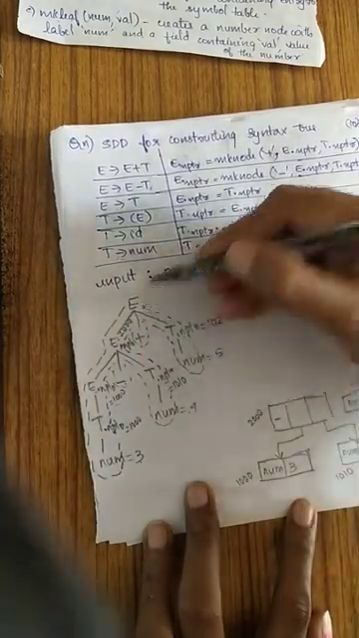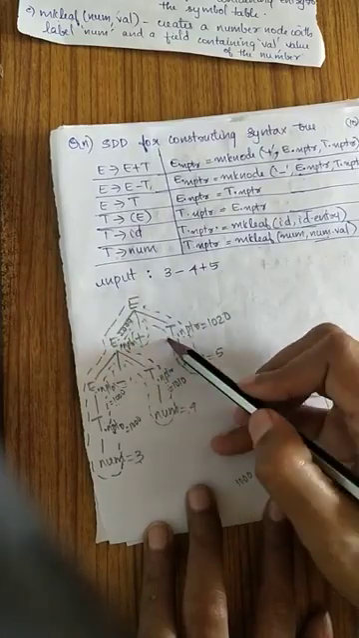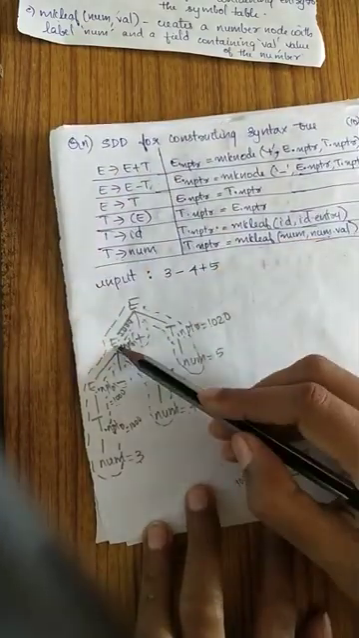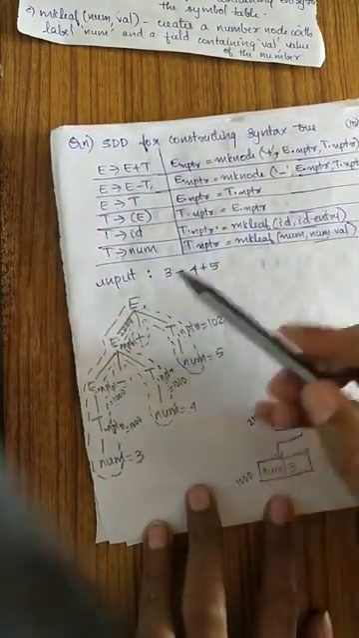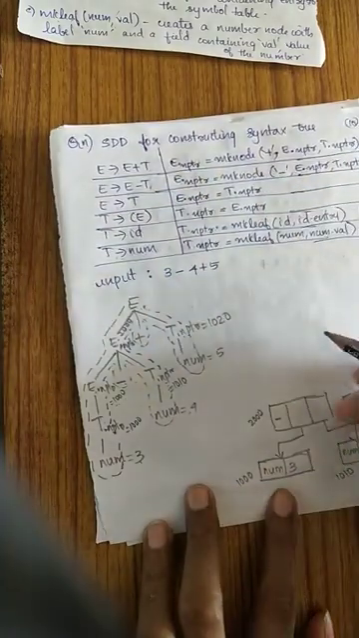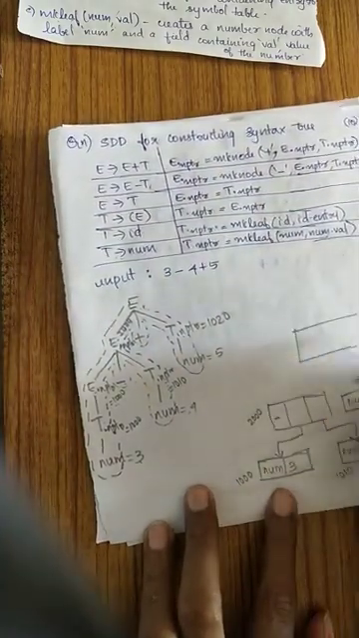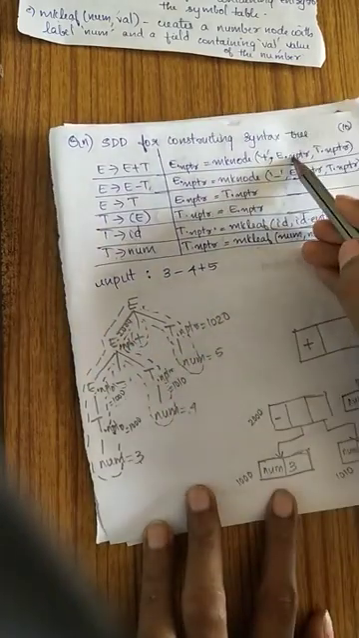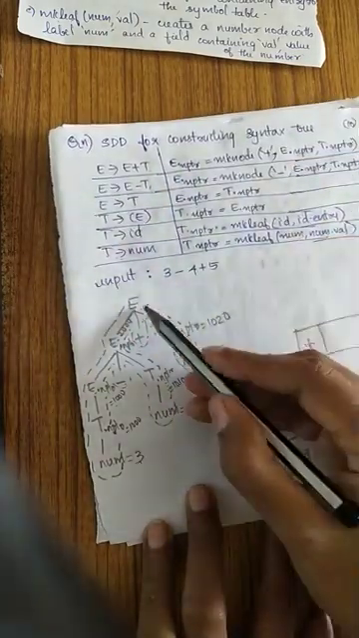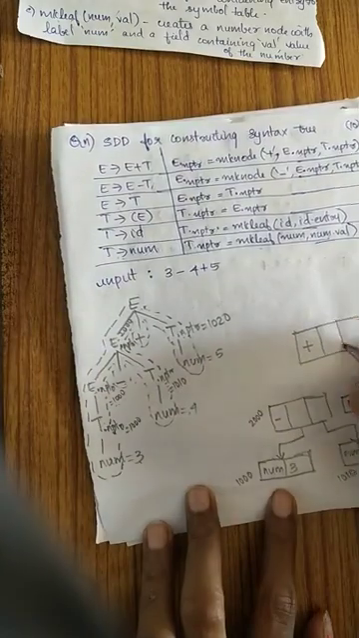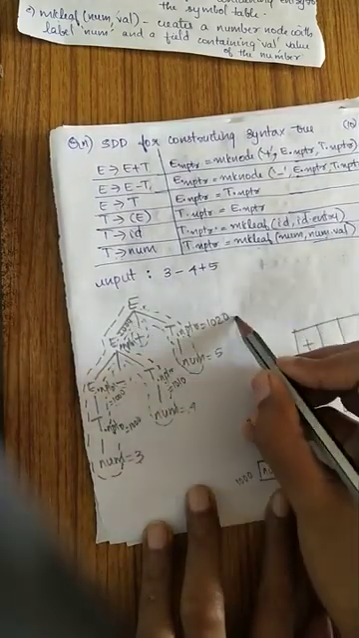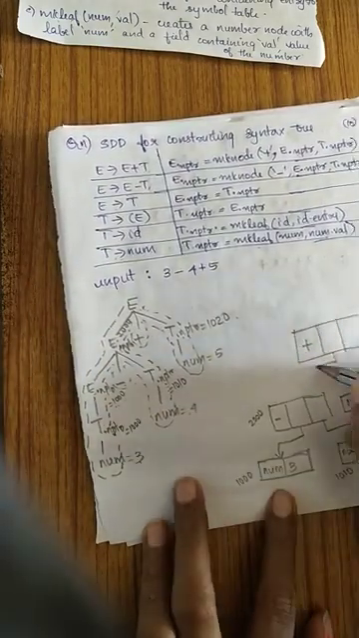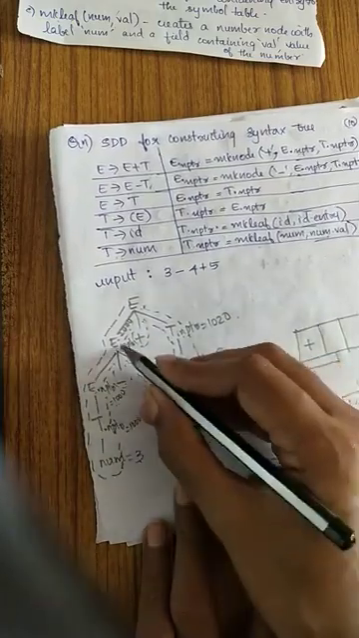Now I reached here. So E derives E plus T, which means that E plus T is reduced to capital E. So I have to make another node with plus and with E pointer and T pointer. What is the E pointer? 2000, and the T pointer is 1020. So the left child will point to 2000 and the right